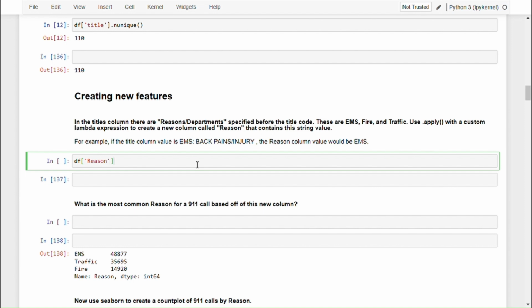So here, call the column as if it already exists, and this will be based on the title column. If you just use this, then in the reason column you will have the exact same data that is there in the title column, but we will change that data using the apply method. We will use a lambda expression for a custom defined function, and what that will do is when we take x, for x it will do a split,